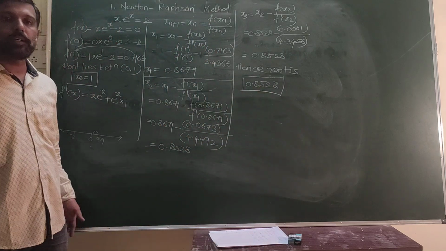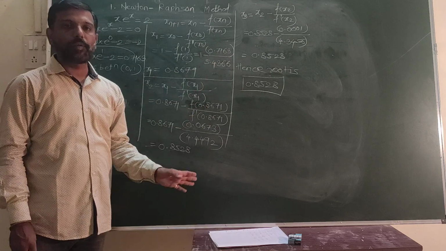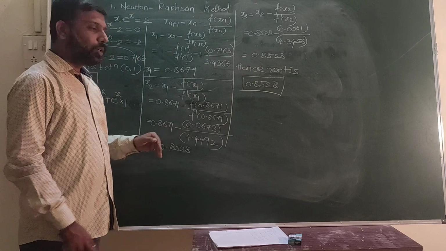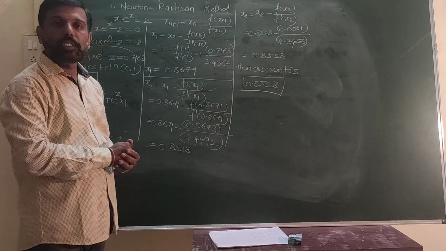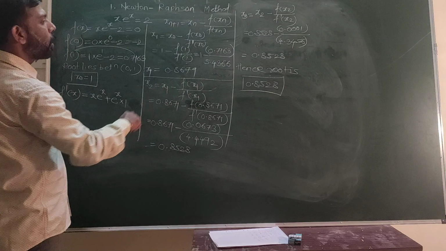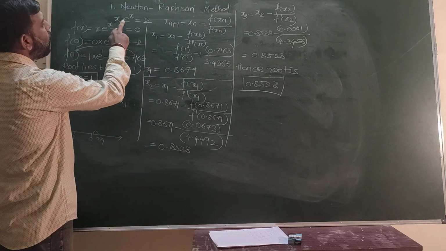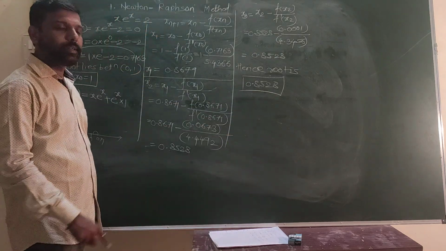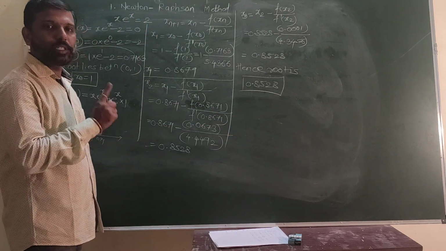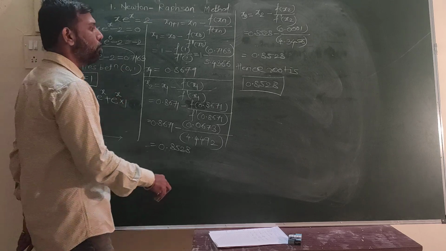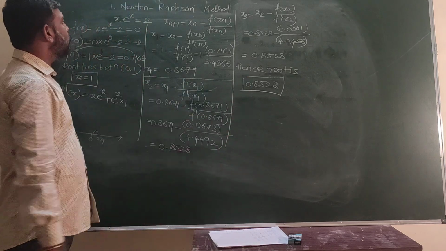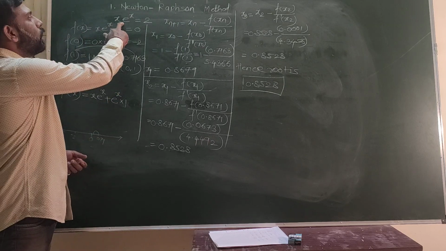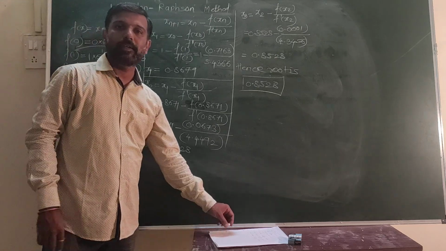So this is our discussion. In this problem we concluded up to only the third approximation, because by the comparison of these two we have corrected up to 4 decimal places. This is the root of the given polynomial x e raised to x is equal to 2. This is a real root and this is an approximate root. This is not an exact root of the given polynomial. So we completed one more transcendental equation, and this we have solved by using the Newton-Raphson method.